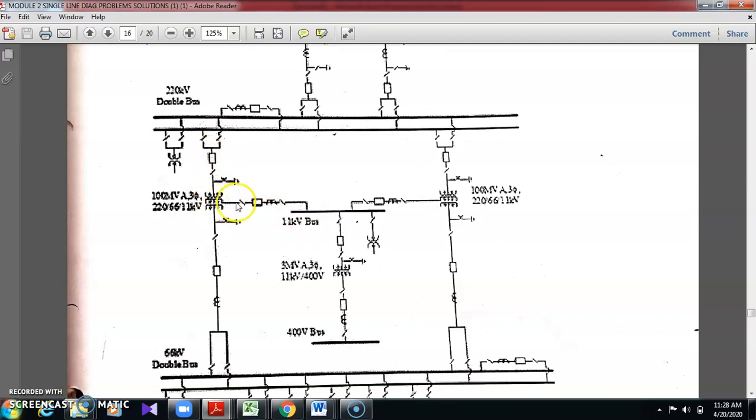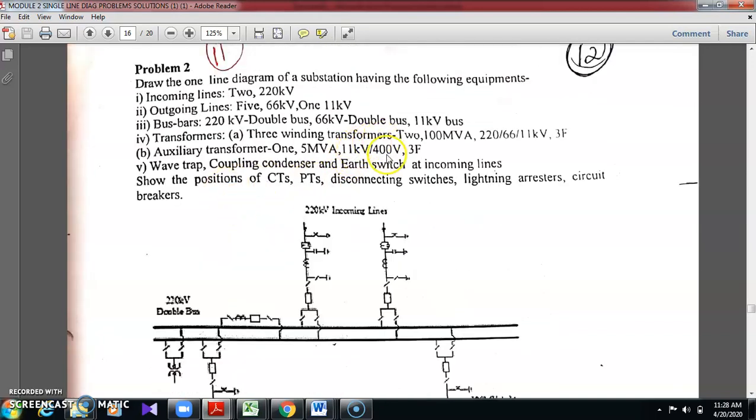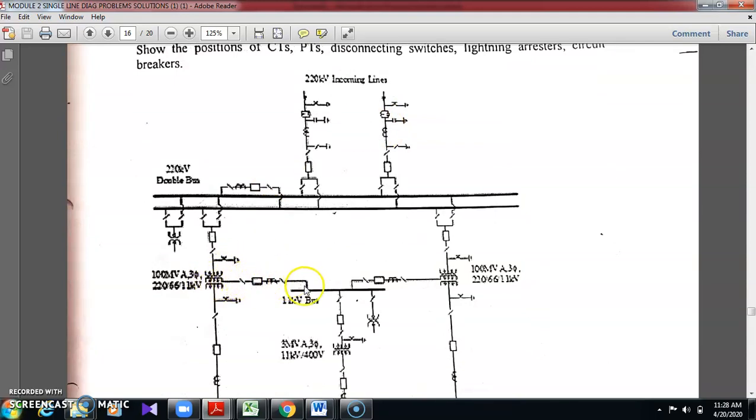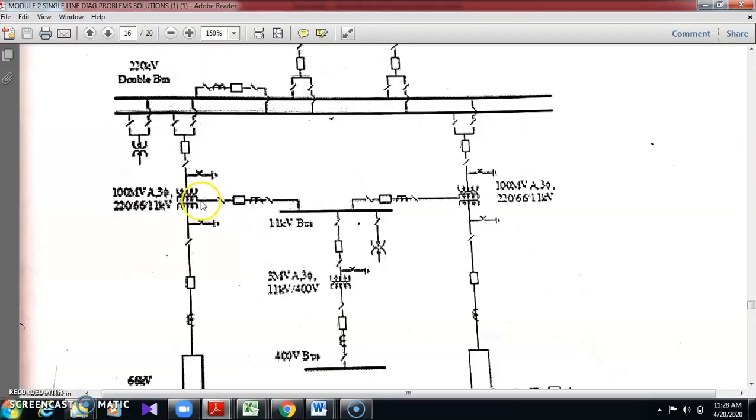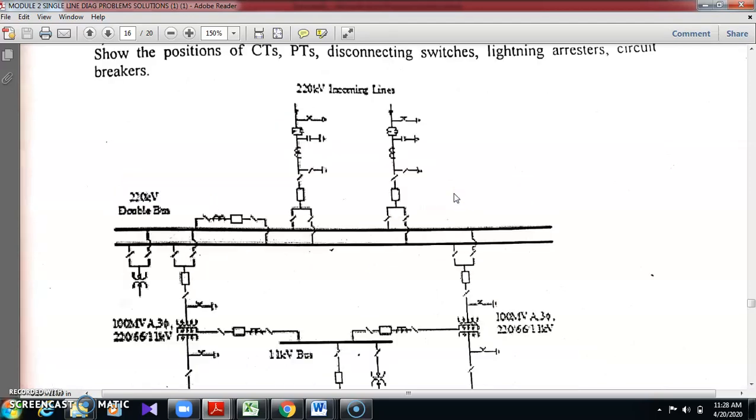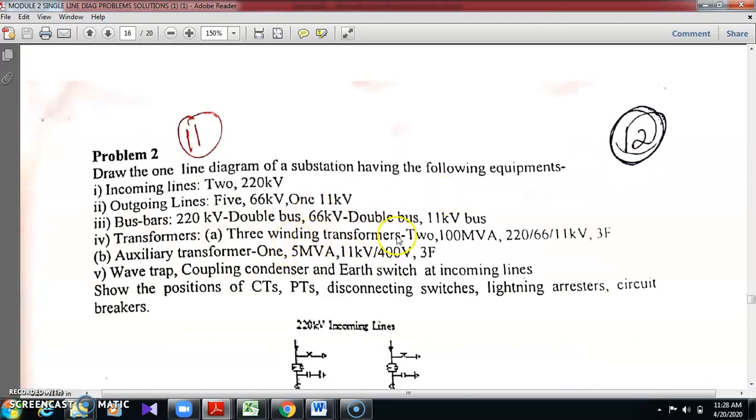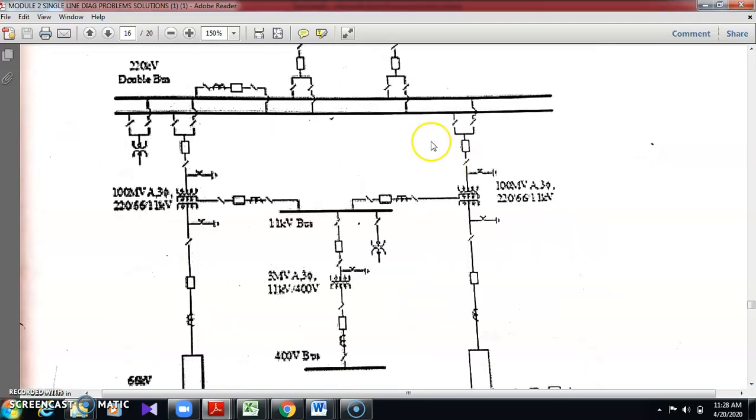From this 11 kV, whatever we are getting, they told here 11 kV to 400 volt. Already the 11 kV bus bar is here, so here they have connected to this 11 kV bus bar. Bus coupler they have used; directly they are not connected to the bus bar, they use again isolator, circuit breaker, isolator connected to the 11 kV bus bar. Both sides they are using 3 winding transformers, 220 by 66 by 11 kV. Whatever from 220 we are getting, both transformers are 3 winding. From the middle we are getting 66 kV. From 66 kV we are stepped down to 11 kV on both sides. From this 11 kV bus bar, one auxiliary transformer is connected, 11 kV to 400 volt.